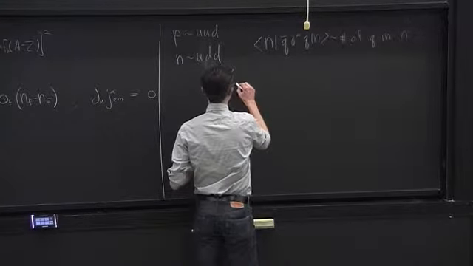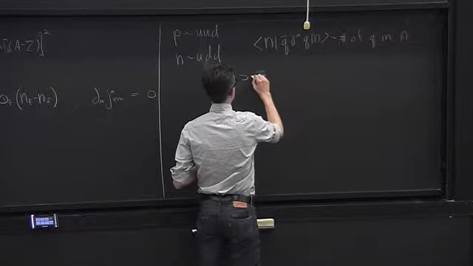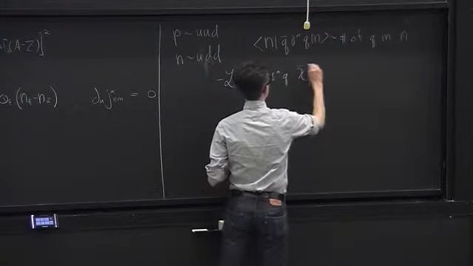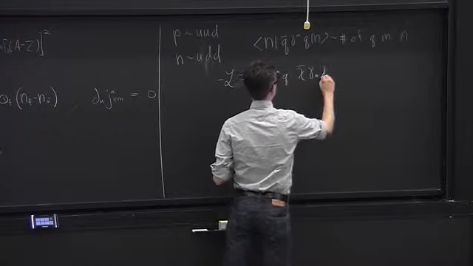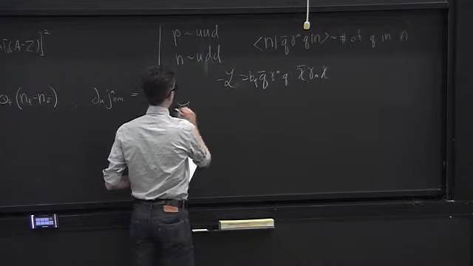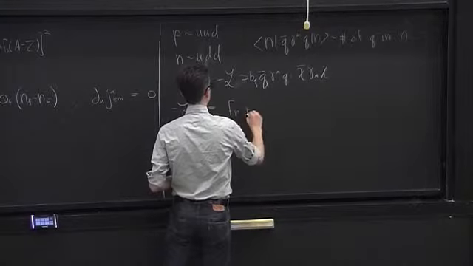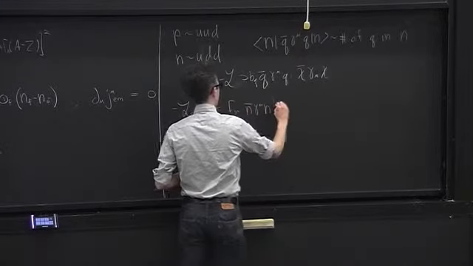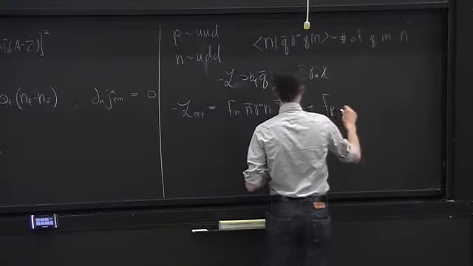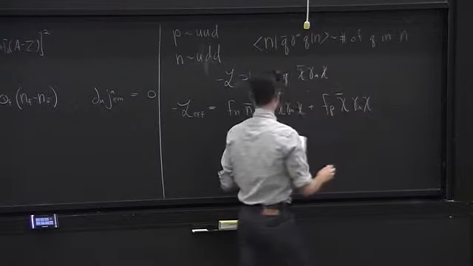If I start off with the Lagrangian of B_Q, Q bar gamma mu Q, chi bar gamma mu Q, my effective Lagrangian at the level of nucleons is just going to be an F_n, n bar gamma mu n, chi bar gamma mu chi, plus F_p, chi bar gamma mu chi, p bar